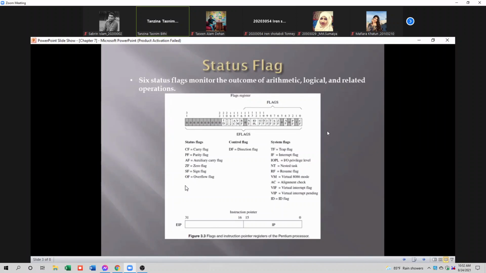How many flag registers will be used for representing the status after any operation? It depends on what type of operation is done. If it's an addition operation, then all these 6 flag registers' values will be changed. If it is an increment operation, then only 5 flag registers' values will be changed. So you need to know how many flag registers will be affected by the type of arithmetic, logical, or relational operation. The 6 status flag registers' main functionality is that their value reflects the status or condition of the processor after any arithmetic operation.